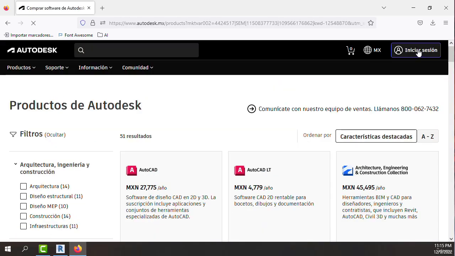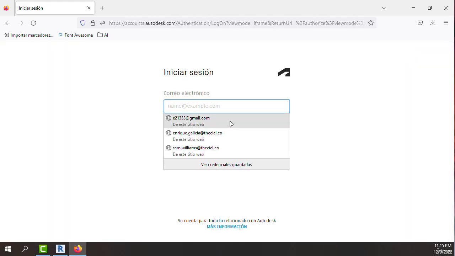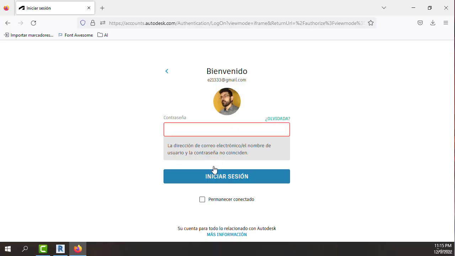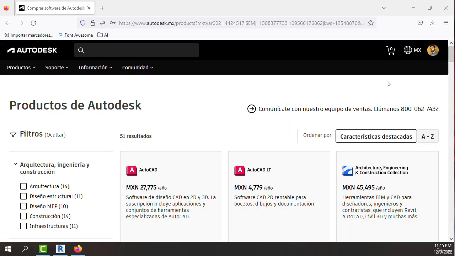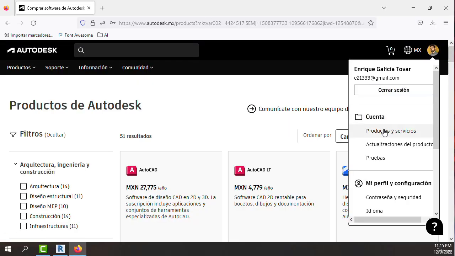Within that location, we just need to start our session so that we are sure we're using our credentials. And once we have it, checking that we have our proper settings,